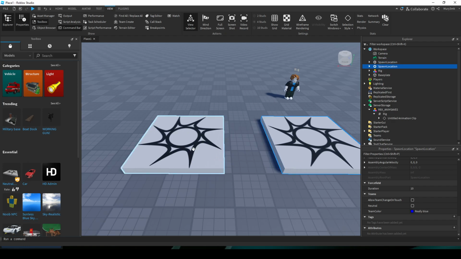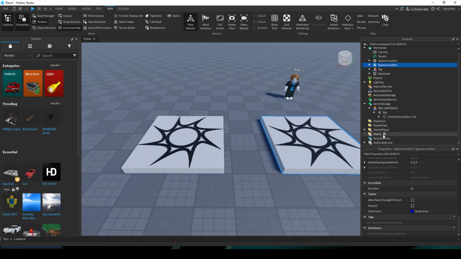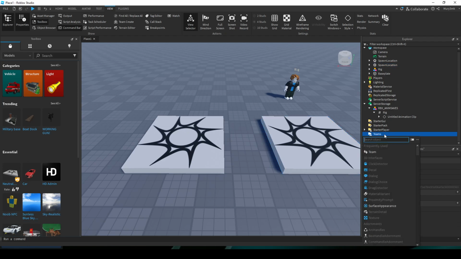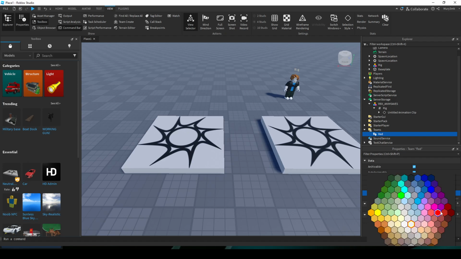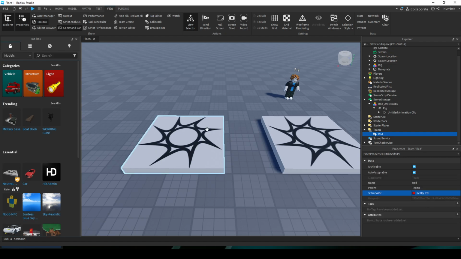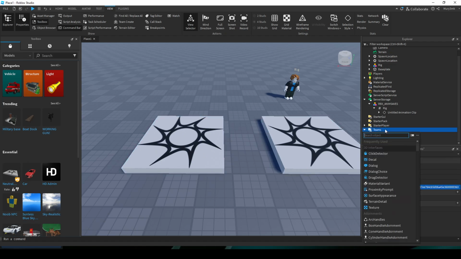Okay, but there's one last thing that we need to do, which is through the explorer we're going to scroll down until teams, and then we're going to click the add icon, and then we're going to click on team. Now we're going to open on team, and then you're going to name the team, let's say red, and then the color needs to be the same. So I have the red color team is going to spawn here, and another team I'm going to add,